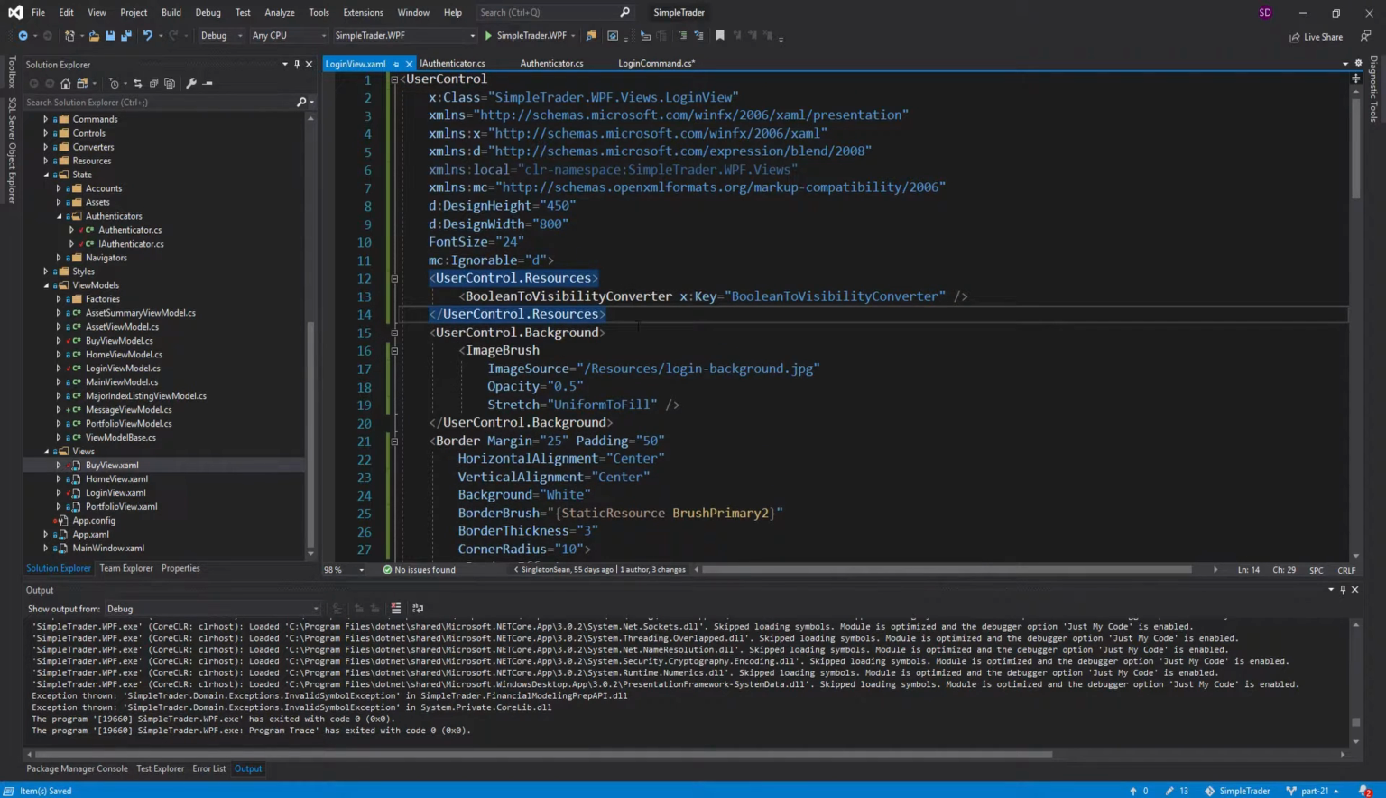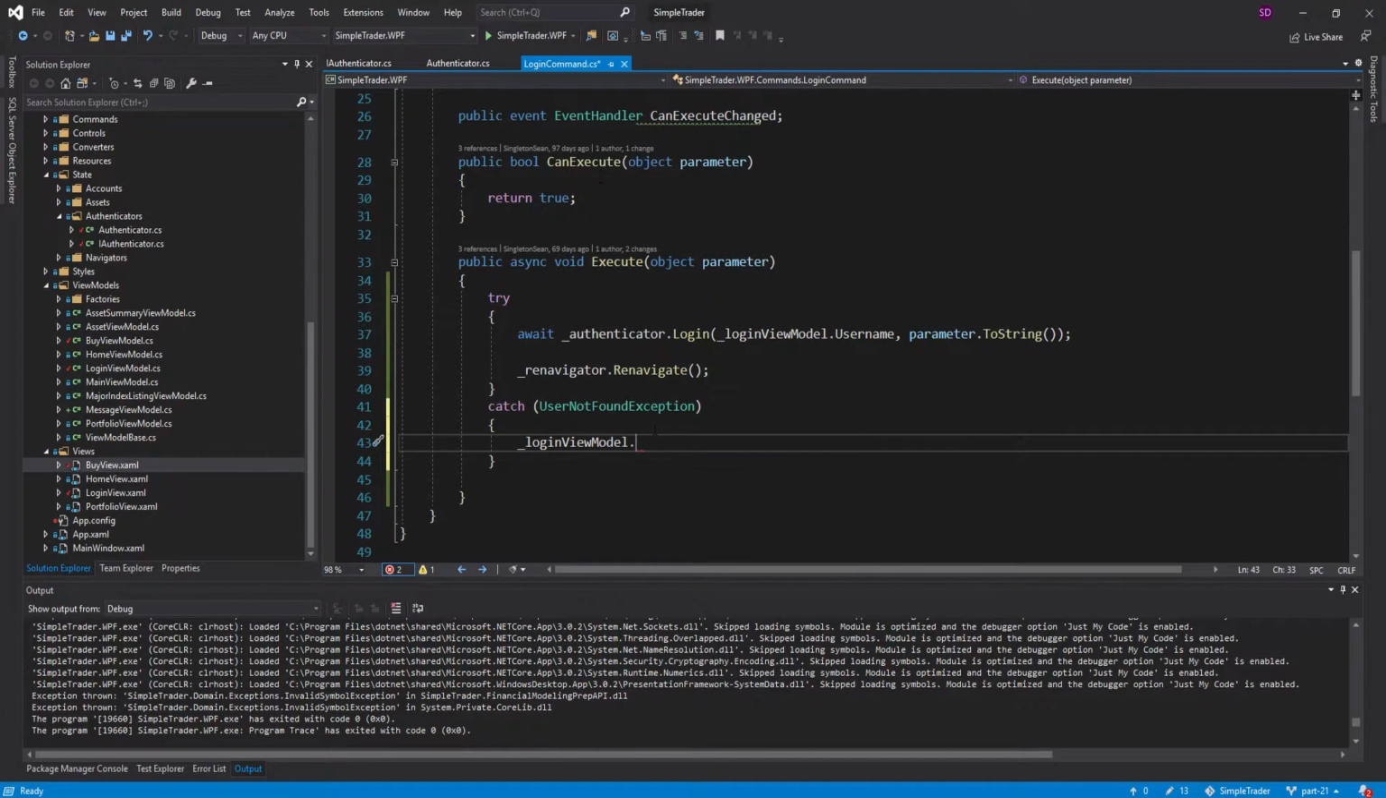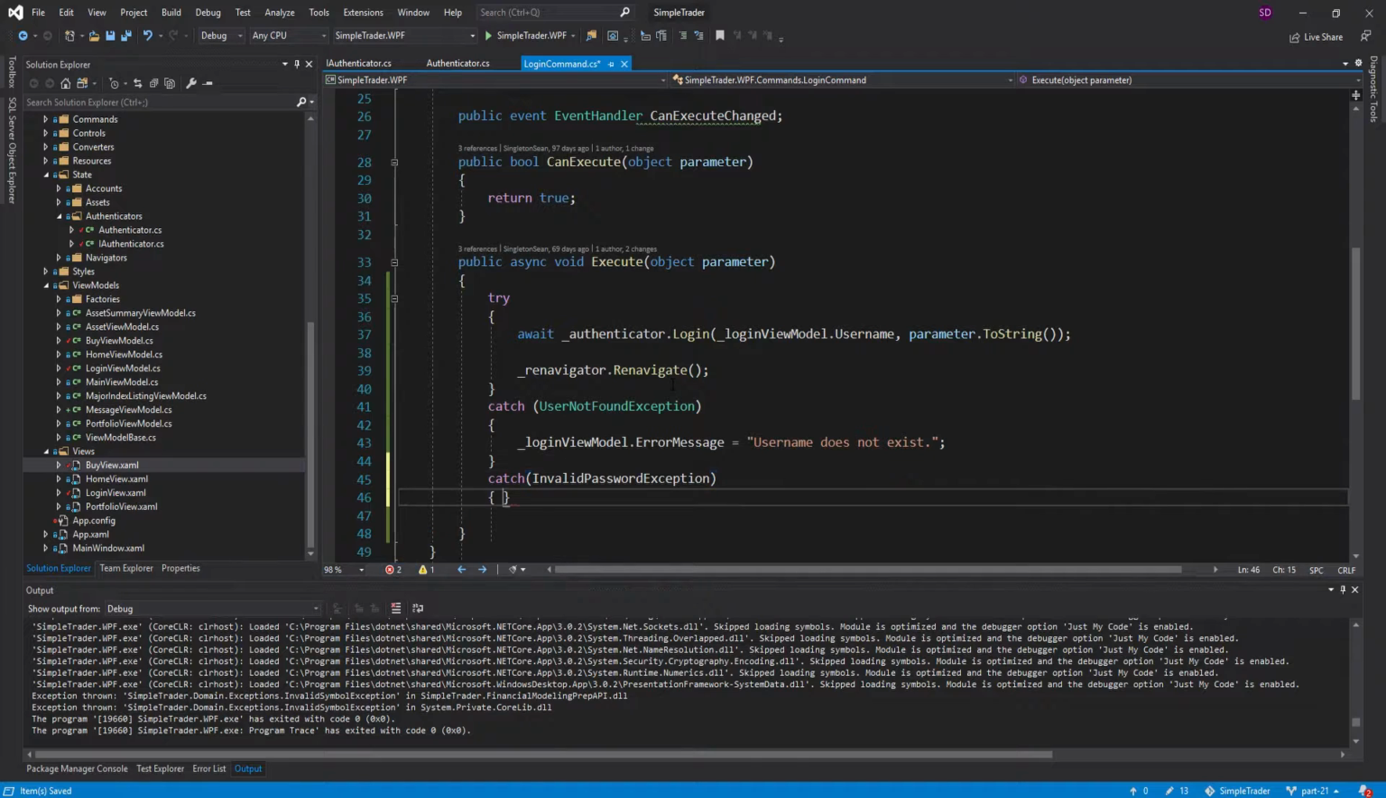There we go. Perfect. That should work great. So let's X out of that. And now we can handle these exceptions. So for a user not found, we're going to set the error message to "username does not exist." And then let's catch. What else do we need to catch? The invalid password exception, and we'll set the error message to